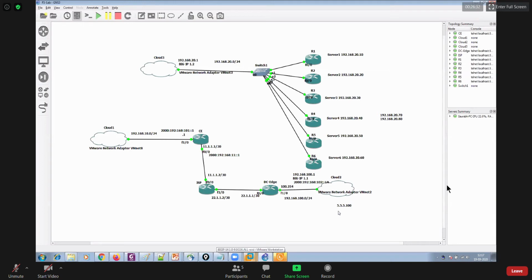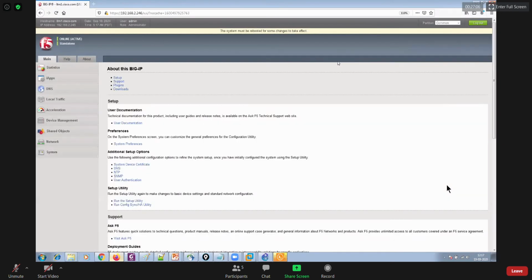So we have a bunch of public IP addresses available on our BIG-IP. The IP that I'll be using here, let's say 5.5.5.10. What I want is that if I'm hitting 5.5.5.10, then I should have access to server 2. Because sometimes somebody is accessing your real servers from the internet. Maybe they are working from home, and you want them to have access to this real server using a public IP address, right? This is why I'm going to perform the static NAT here on the BIG-IP. So today's task would be to configure the BIG-IP.